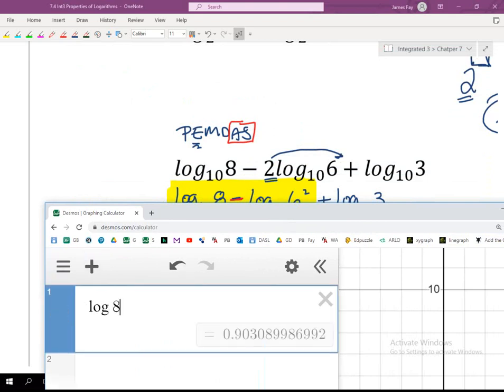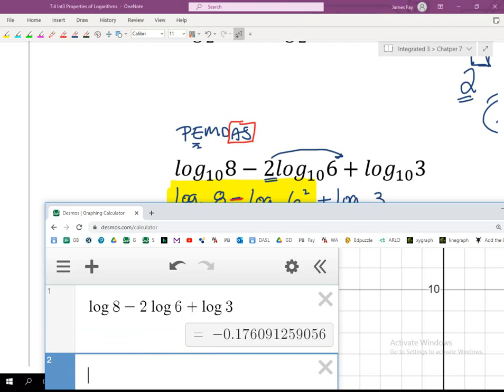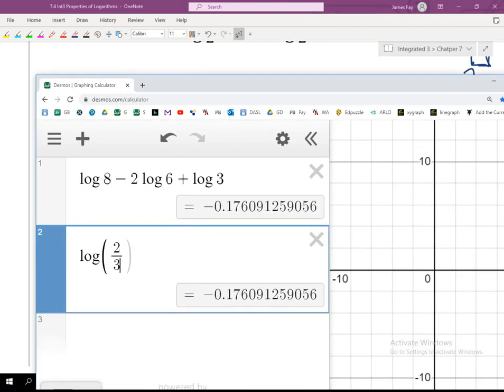So log base 10 of 8 minus 2 log base 10 of 6 plus log base 10 of 3 gives me that number right there, right? Is that the same thing as log base 10 of 2/3? And we see that it is. Okay? So if we abide by those rules, merge things together through addition or subtraction, we can rewrite these things. Okay? Now, tomorrow,